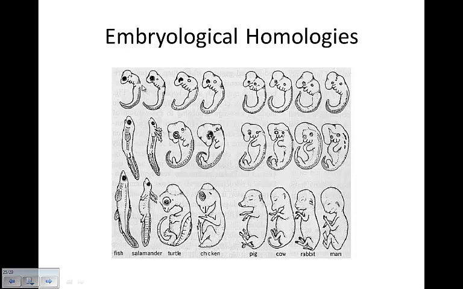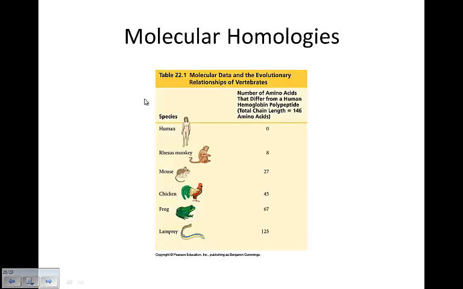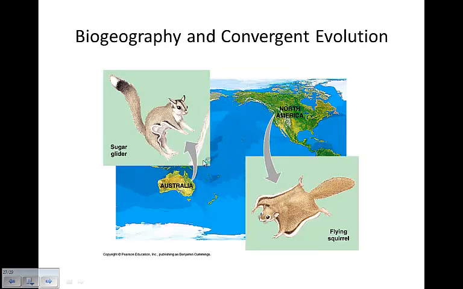So Darwin was using this as the thought that ultimately we're all coming from the same ancestors because embryologically we look the same. Now, of course, you can make the same argument as far as a creator: if I'm creating everything, why wouldn't I start them all the same and then make changes along the way? Just saying. All right, molecular homologies refer to the DNA nucleotide sequences that are exact in order and function. Obviously, Darwin couldn't write about these because he had not yet discovered them. So they're looking at molecularly what the similarities are.